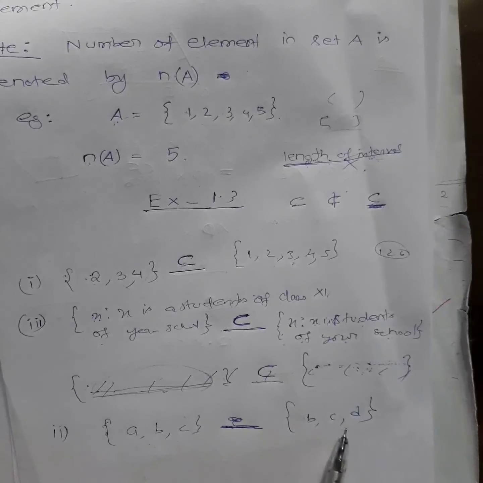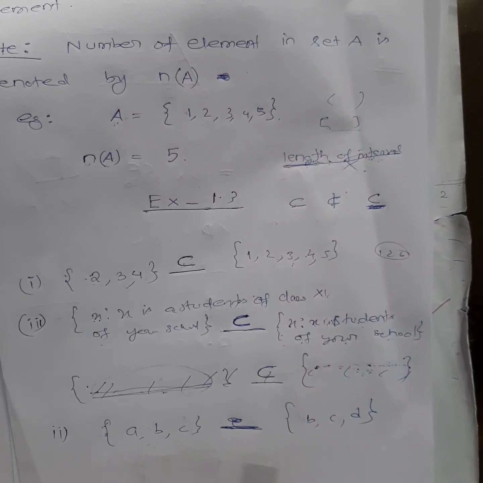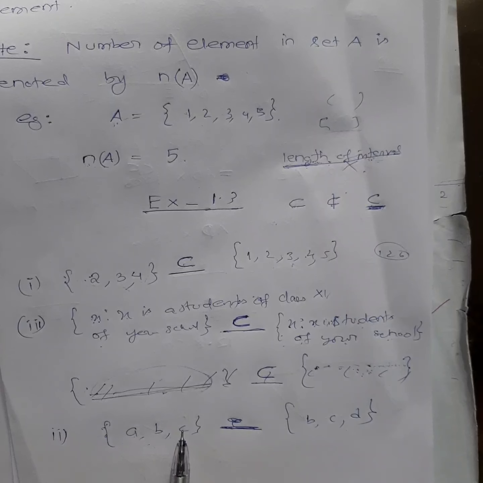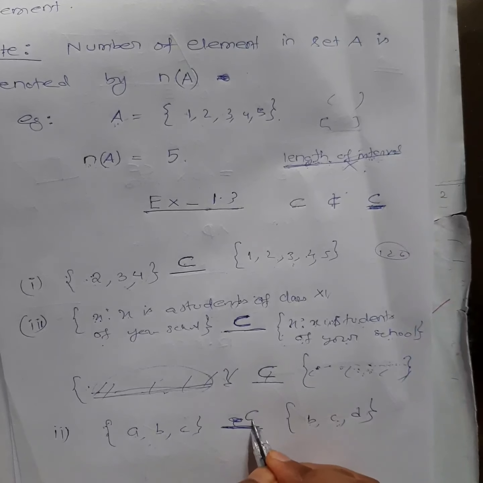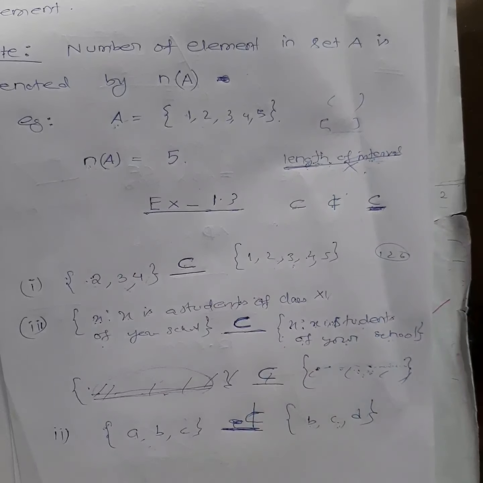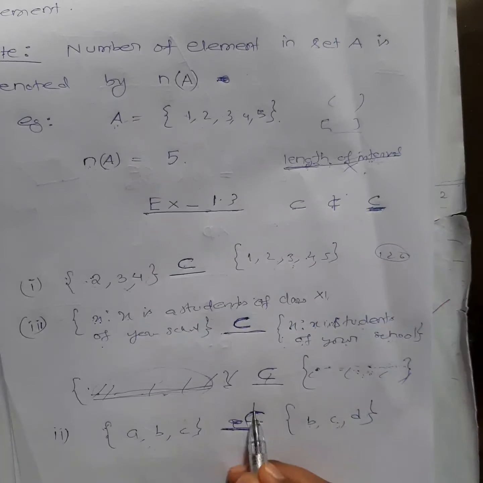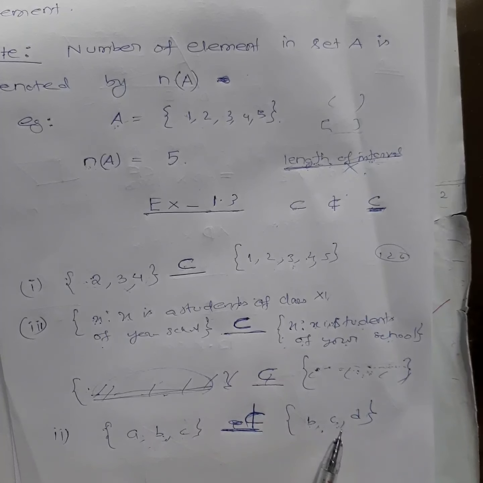So is this a subset of this one or not? How to check? See whether all the elements are contained here or not. A, B, C are the elements of this set. Let's see if A, B, C are there or not. B, C is there, but A is not here in this set. So what symbol will you put? Not a proper subset. Actually this is not even a subset, because all elements of this set are not contained here. Only B, C is there. You can see A is not there in this set. So even if one element is not there, then this cannot be a subset of this one. Okay.